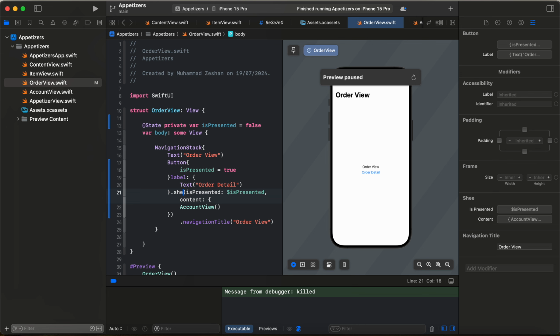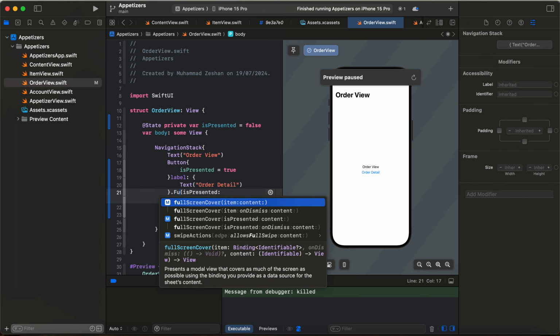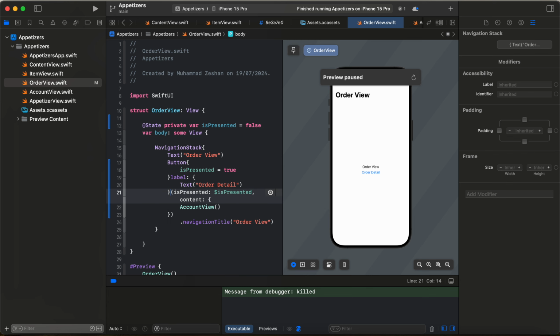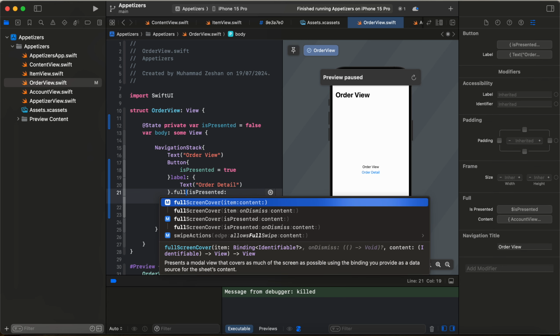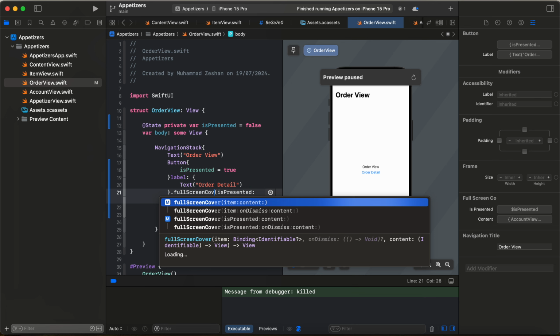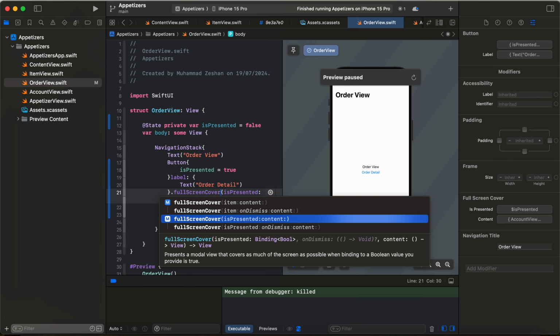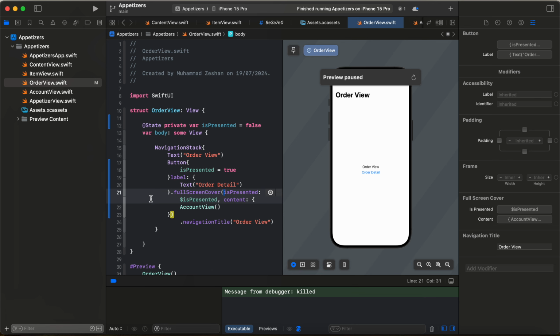For now we are using sheet. Instead of sheet, you need a dot fullScreenCover, and we are using this one. Okay, so we don't have to change anything else for that. And when we run it again,